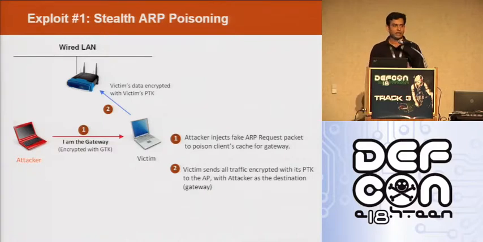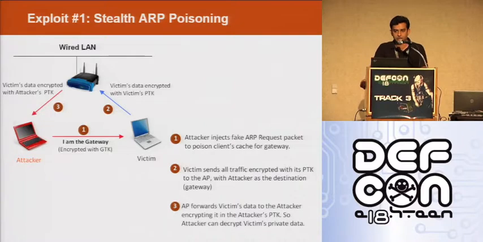And at this point, the access point finds that this packet is actually destined for another Wi-Fi user who is also part of the same network. So the access point forwards that packet to the other Wi-Fi user, and that other Wi-Fi user happened to be a malicious attacker, right? So finally the packet reaches that insider. So just by injecting one spoofed gratuitous ARP request frame, the attacker is able to redirect all the private traffic of a legitimate user in that network to its own machine.